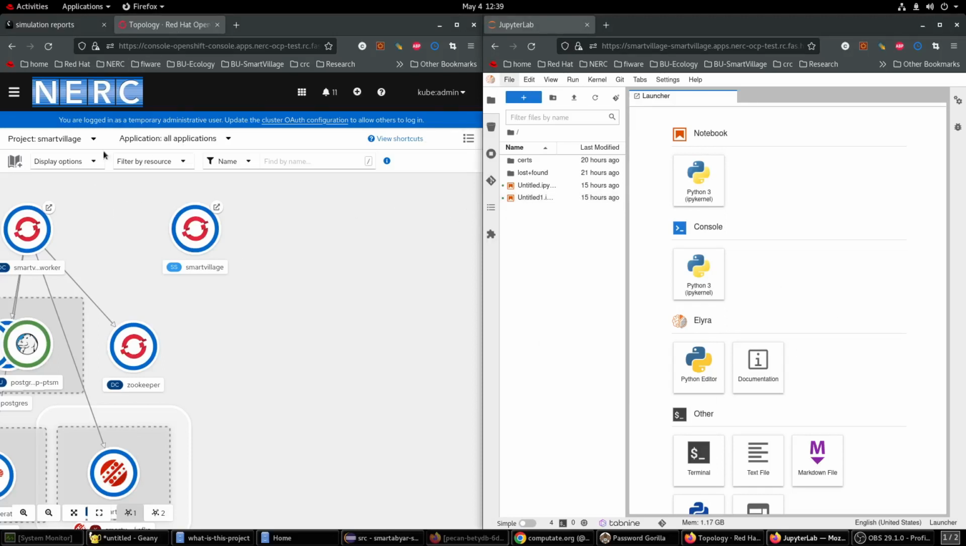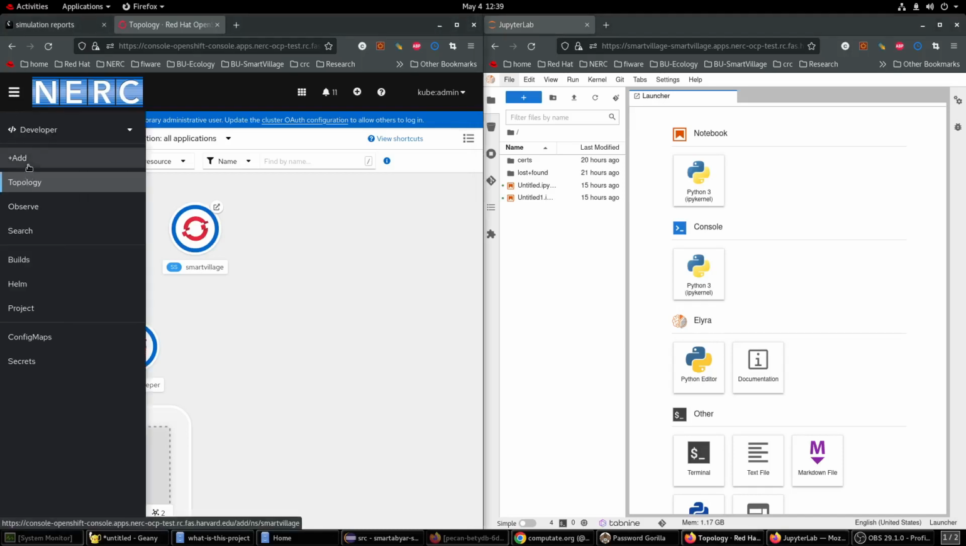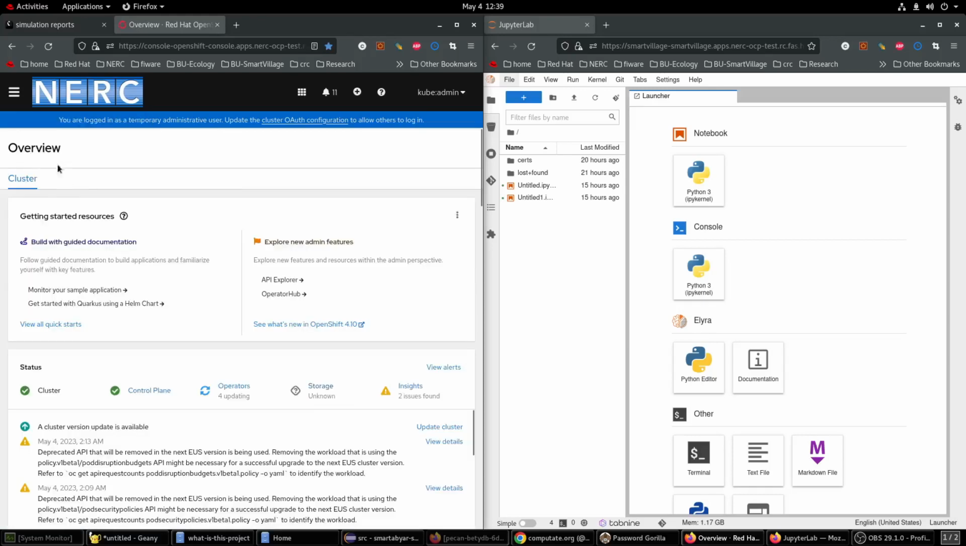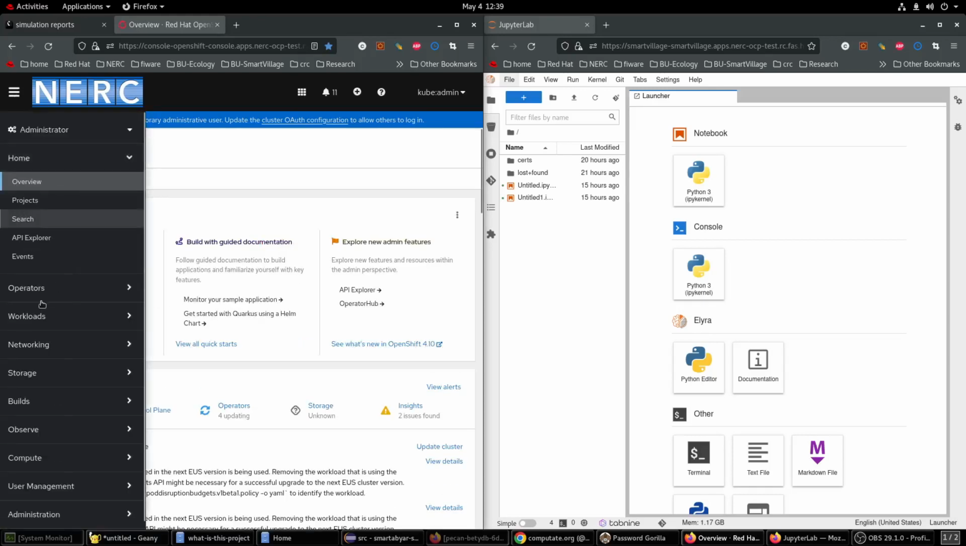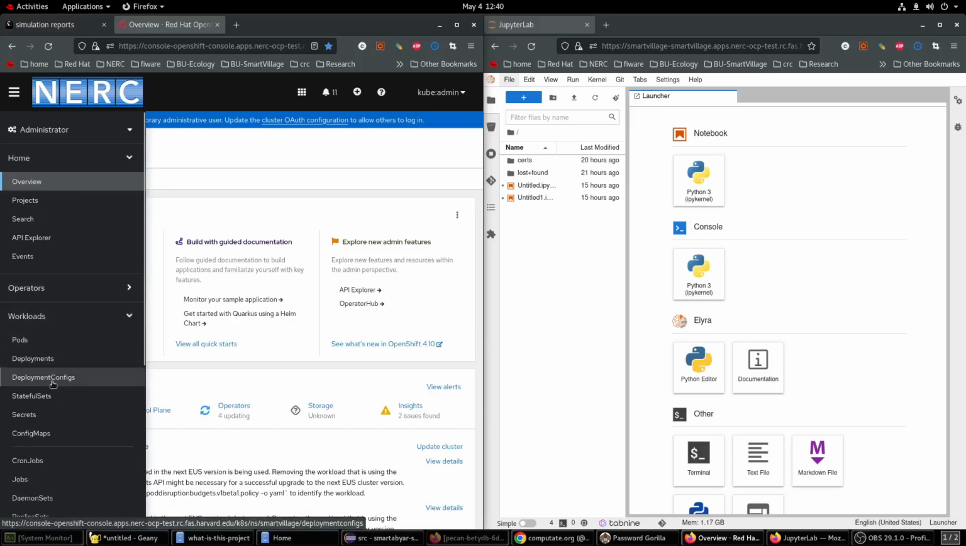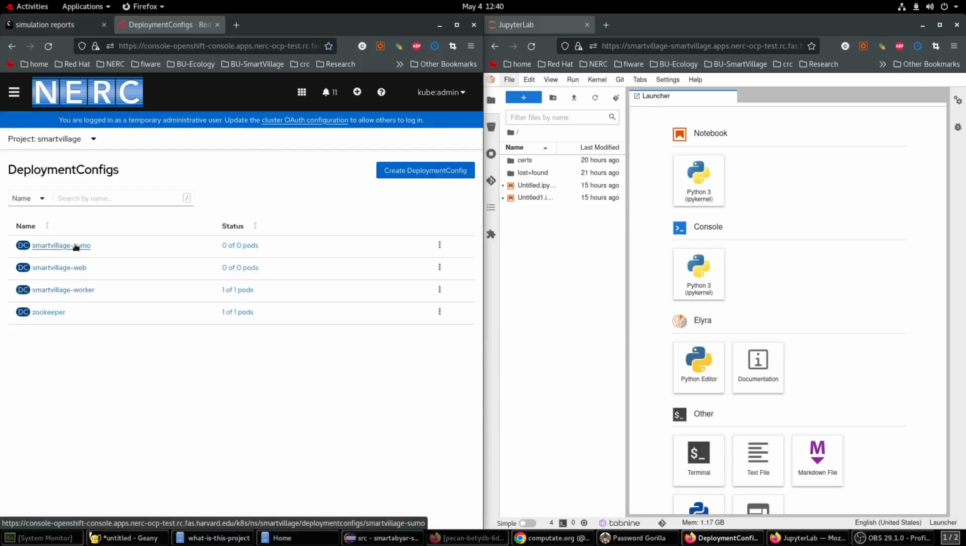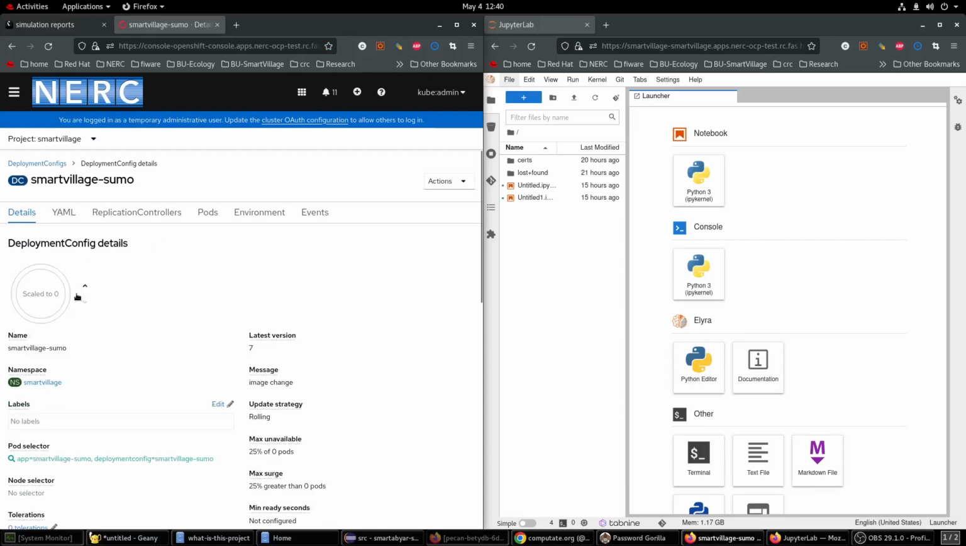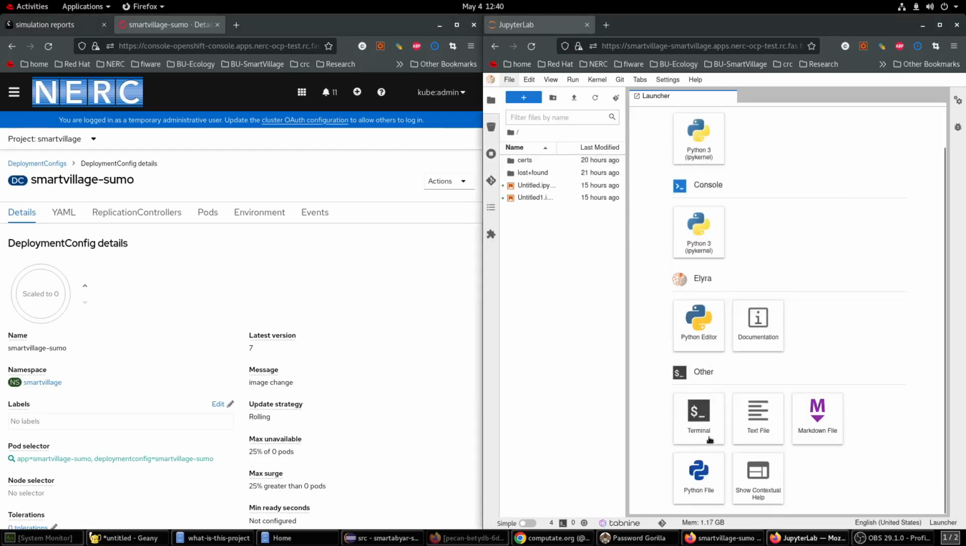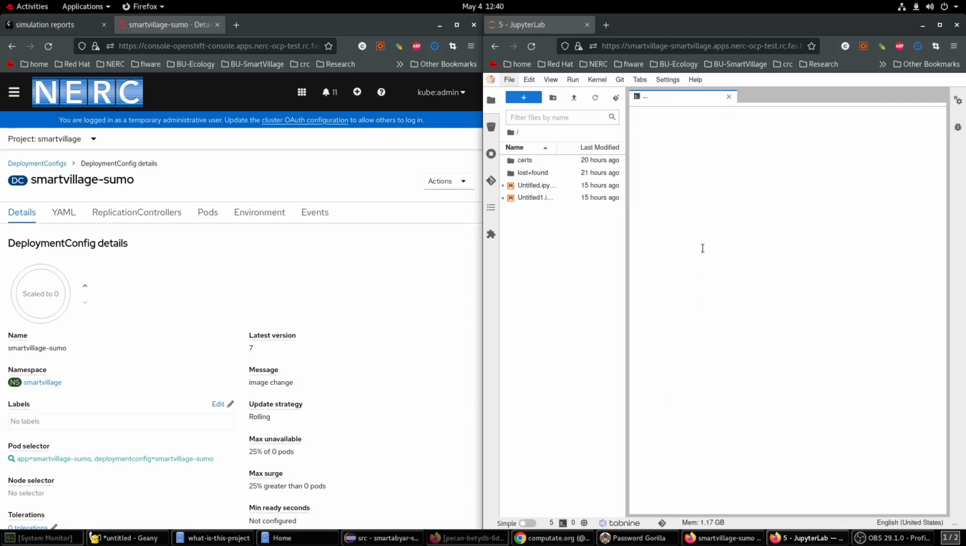And if I take a look at my deployments, it's in workloads, deployment configs. This one is scaled down. This is the one that's supposed to receive messages, but we're going to edit this code live in Red Hat OpenShift Data Science. So what I do is, here in my project, I open a terminal and I can clone